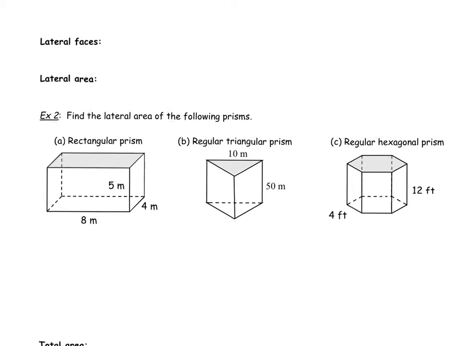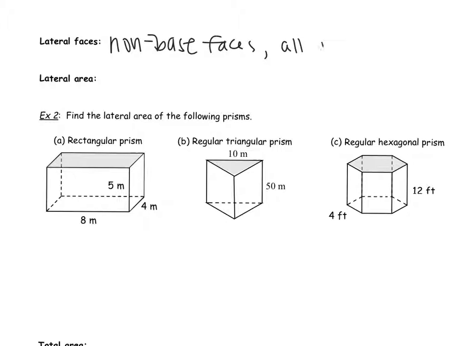Next, we have what are called the lateral faces. And lateral faces are the non-base faces, which in this case are all rectangles when it comes to a prism. So the way we find the lateral area is to find the area of all of the faces